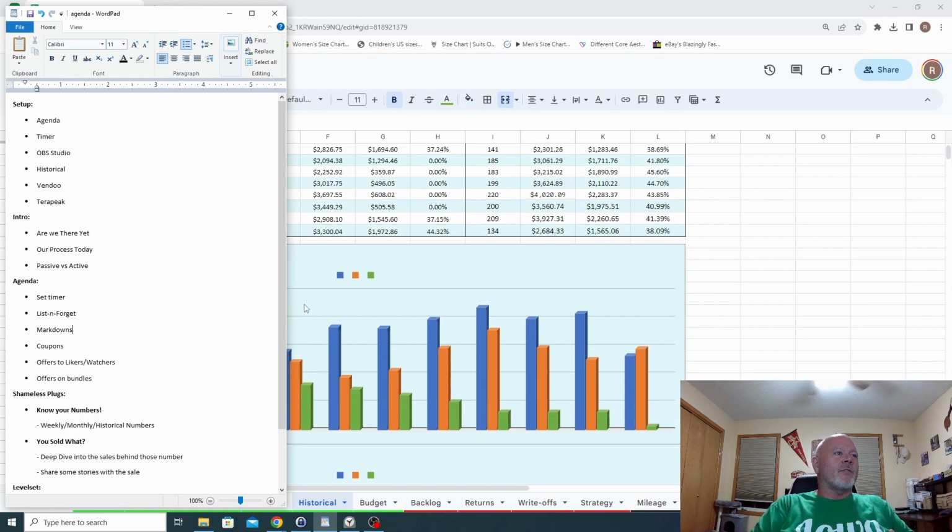So we talked about offers to likers, offers to watchers, offers on bundles. Somebody creates a bundle. That's usually Poshmark. That's pretty dominant on Poshmark. I'll send out an offer, and also bump on